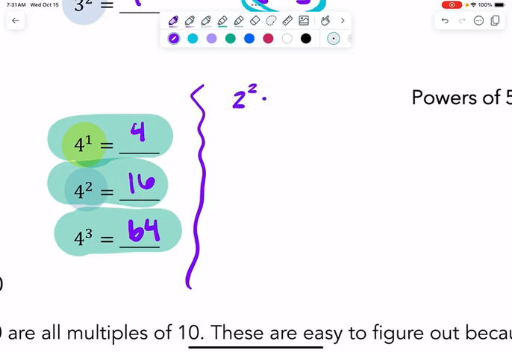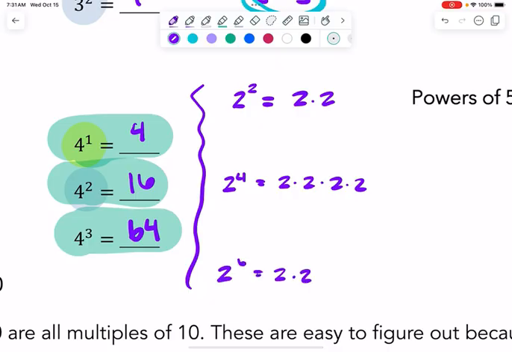But 2 to the power of 2 is 2 times 2. 2 to the power of 4 is 2 times 2 times 2 times 2. 2 to the power of 6 is 2 times 2 times 2 times 2 times 2 times 2. Now, we know that 2 times 2 is 4, which could then be written as 4 to the power of